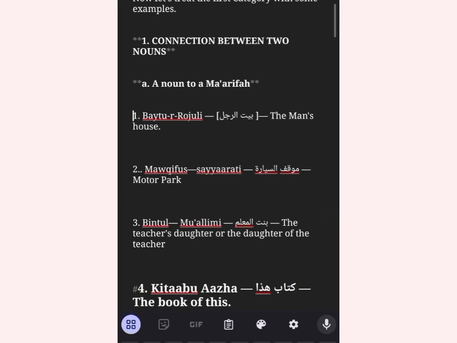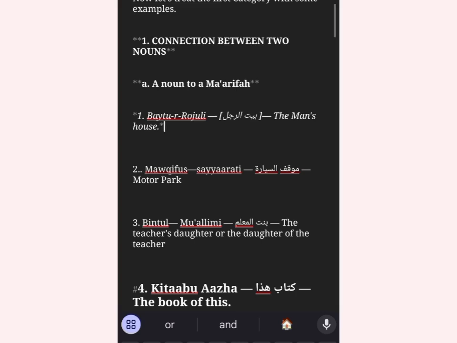So we want to look at a noun and a ma'rifah noun. We want to say the man's house. The man's house is equal to saying the house of the man. Same thing. In English, the man comes first: the man's house. However, in Arabic,